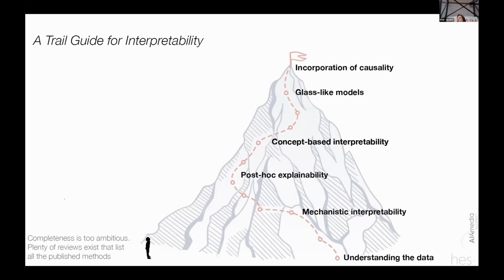Concept-based interpretability goes in a similar direction, and then eventually we work our way towards glass-like models, so models that are interpretable by construction, or even the incorporation of cause-effect links in our